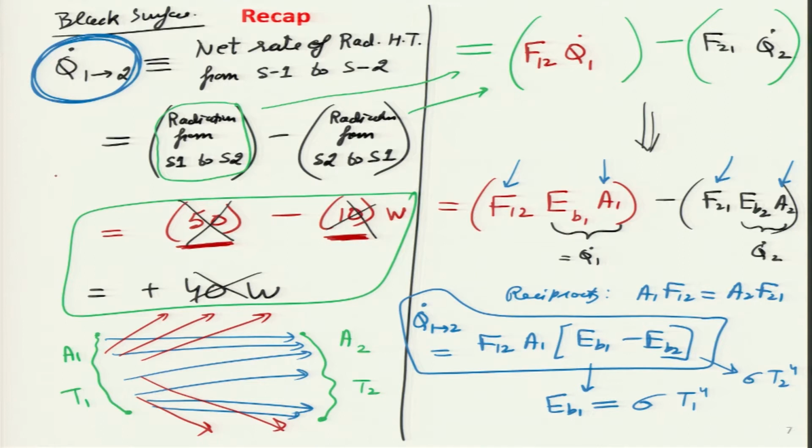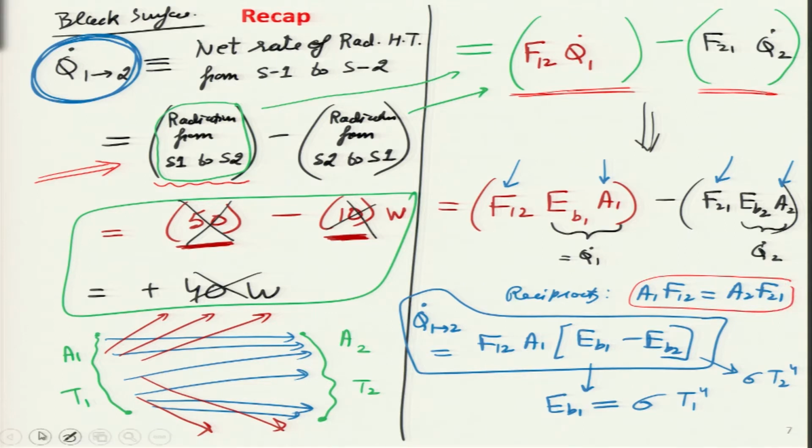Then we wrote the expression using this particular relationship, where the net rate of heat transfer between surface 1 and surface 2 is given as the difference of two brackets. The first bracket is the radiation from surface 1 to 2 and the second bracket is the radiation from surface 2 to 1. Then we wrote the terms for both these brackets, term 1 and term 2, expanded it a little bit, applied the reciprocity relation for view factors given over here,